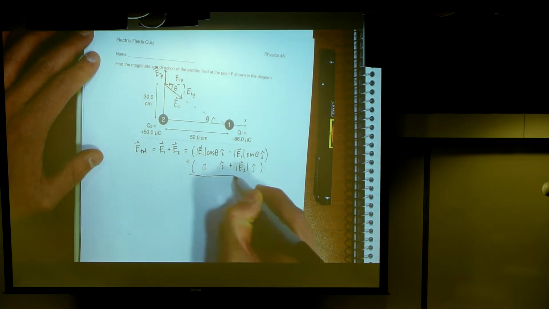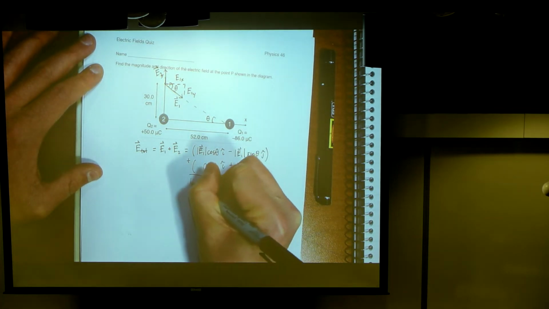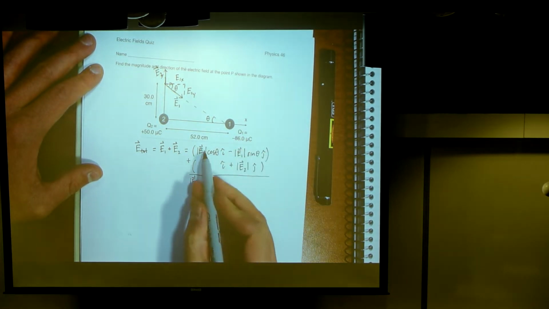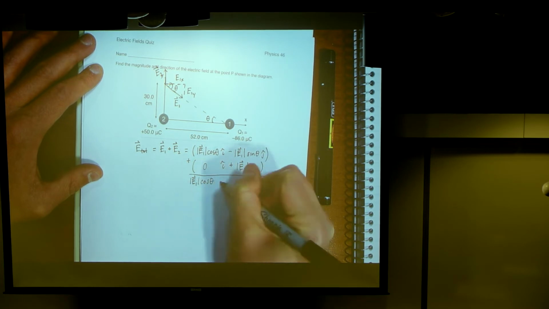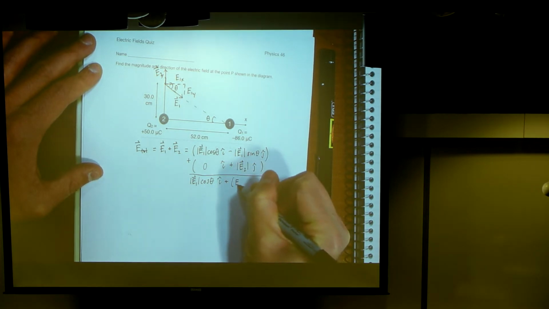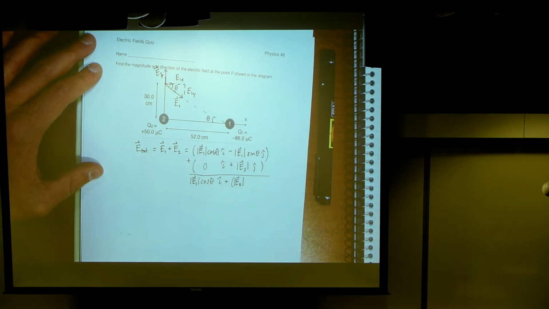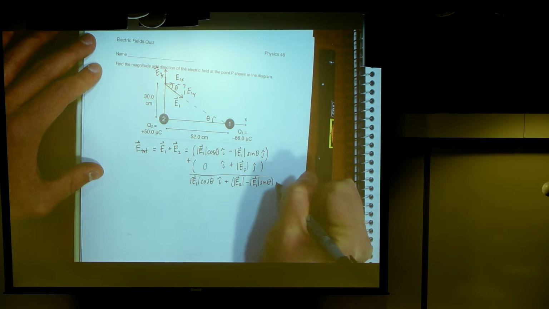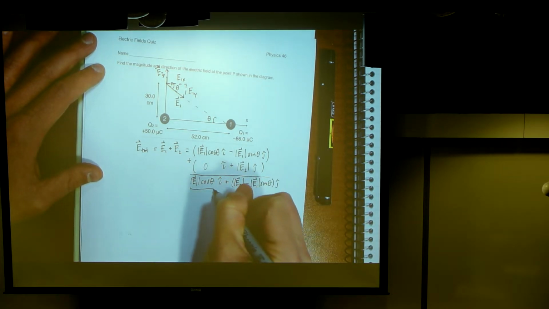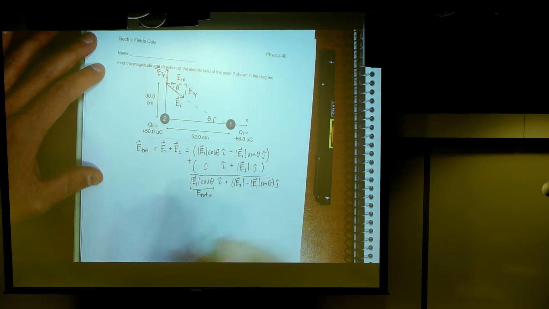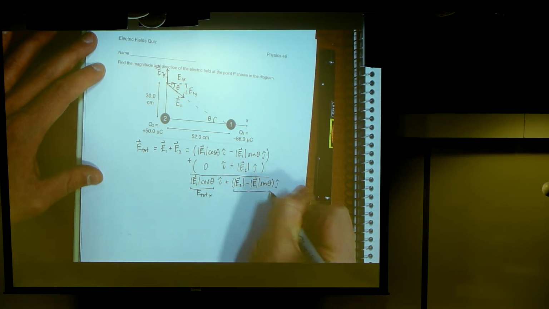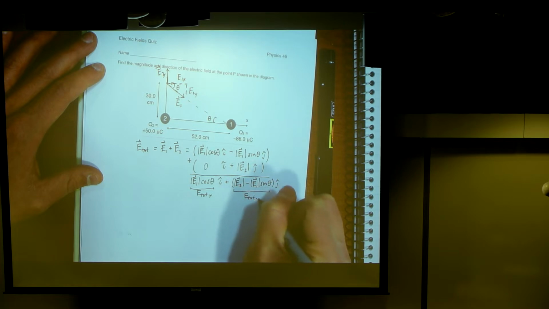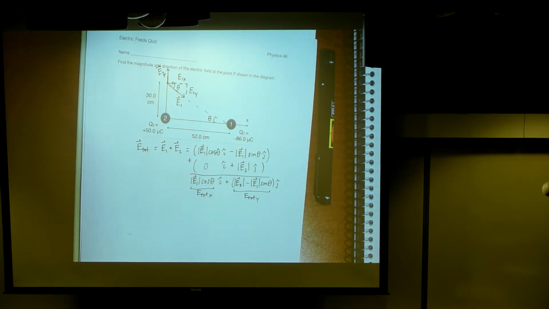Okay, so it looks like when we add these together, I'm going to have for the overall X component just this, E1 cos theta. And for the overall Y component, I'm going to have to add these two together, which is magnitude E2 minus magnitude E1 sine theta. So just to be clear, this is my overall X component. I'll write that as E total X, and this is my overall Y component, which I'll write as E total Y. So does that make sense so far, what we're doing? Okay, so